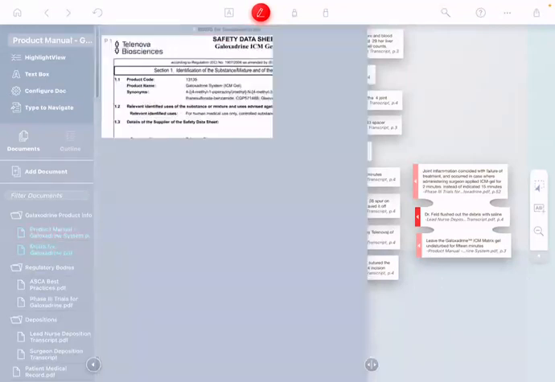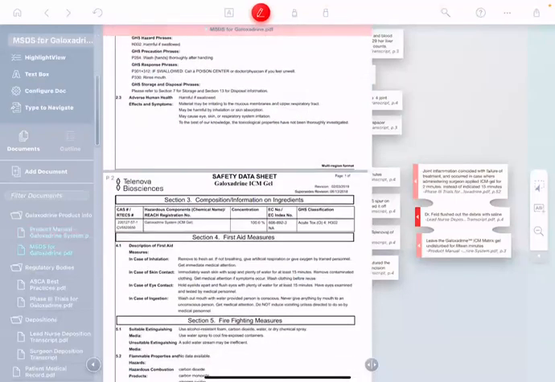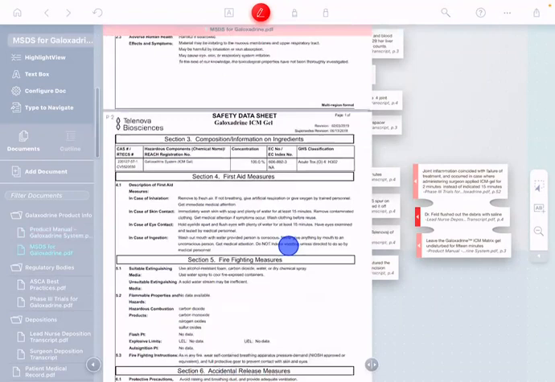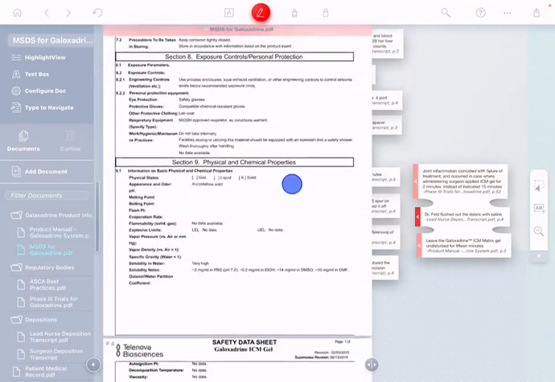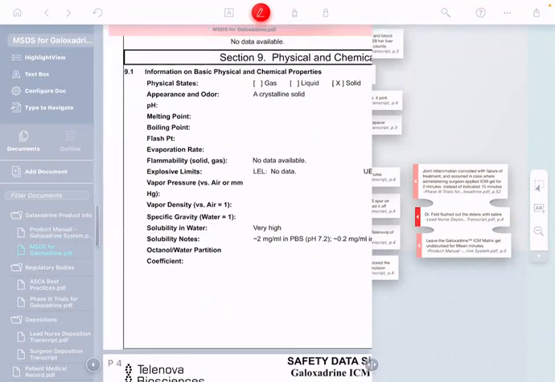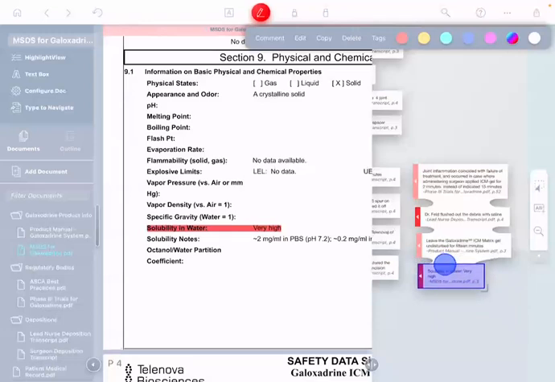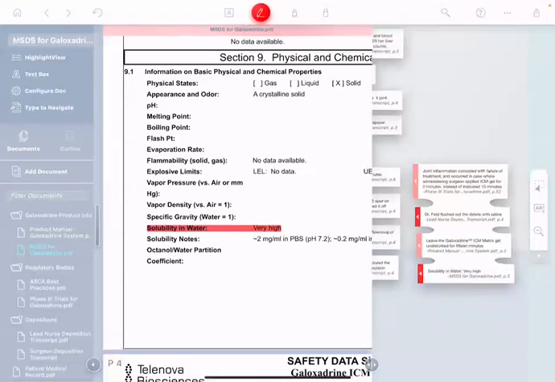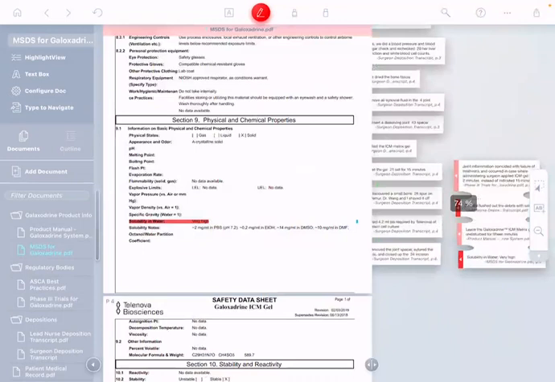You know what? I see we have the material safety data sheet for Galaxtrin. So maybe we can just scroll down, particularly for the ICM matrix gel. So let's scroll down a little bit. Is there anything that gives us any clue here? I'm not sure there is, but I found something. Solubility in water, very high. Well, that pretty much explodes the whole thing open, doesn't it? Now we know almost certainly what happened. If the solubility in water is high, then spraying saline in the joint probably would wash away the ICM matrix gel. So we need to keep track of this.